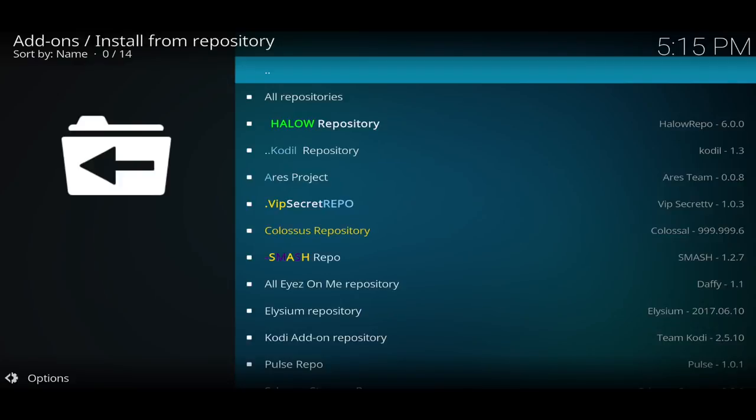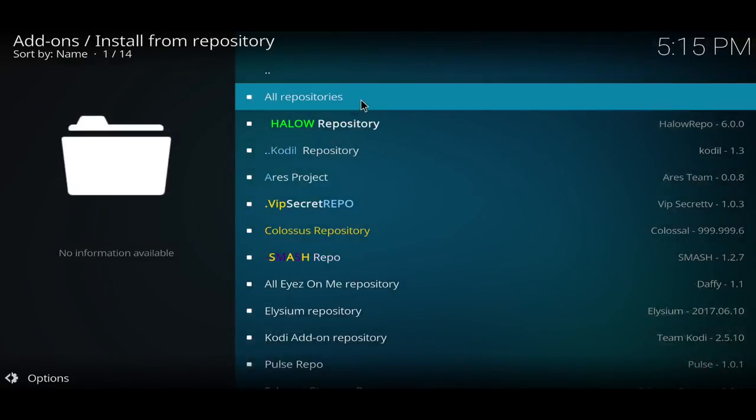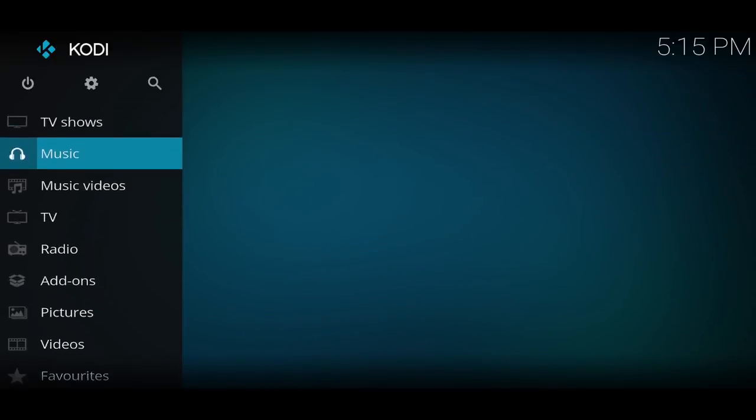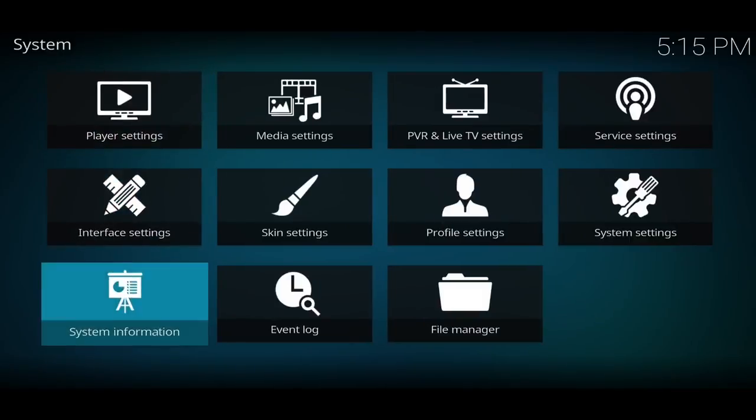Okay, so we've now done the video add-on gone, and we've done the repository. Now if you wanted to remove the actual source itself, then again we go back to the home screen. This time we're going to go up to the settings cog up here, and we're going to go down into file manager,